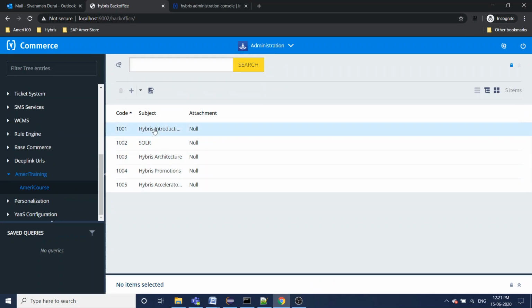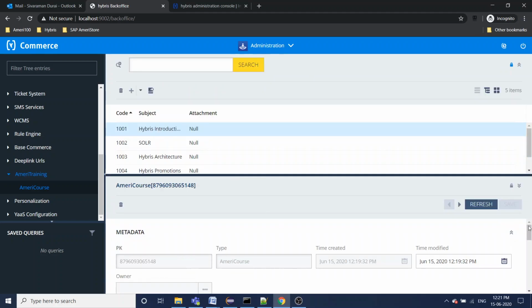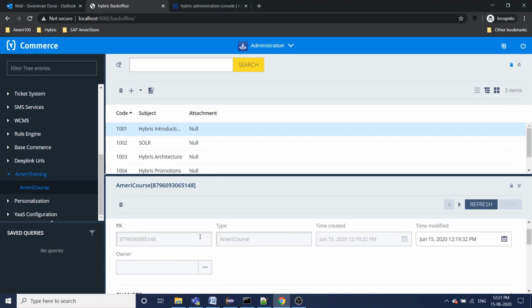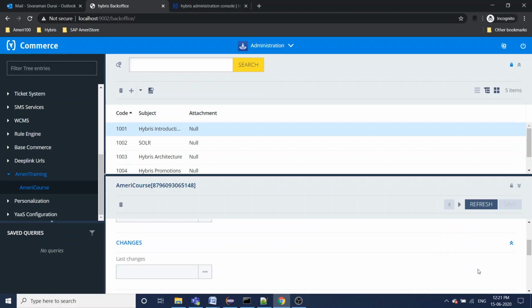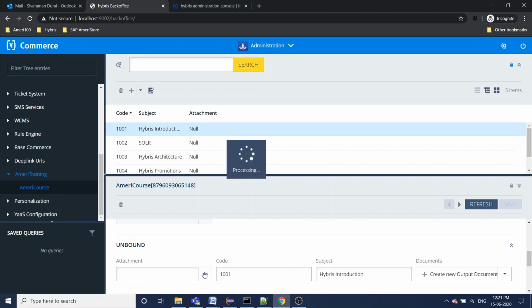Just click on this, and you can see all the data here, like Ameri course created. For the attachment, you can click the attachment.